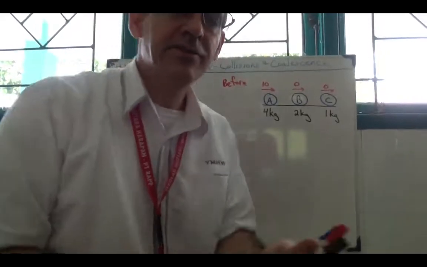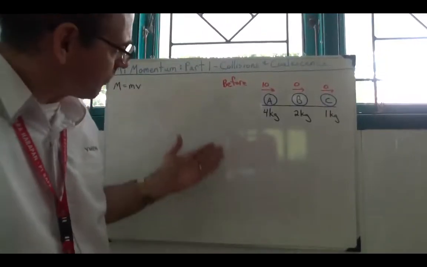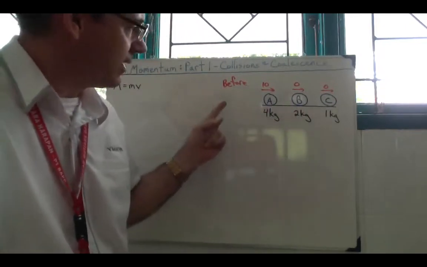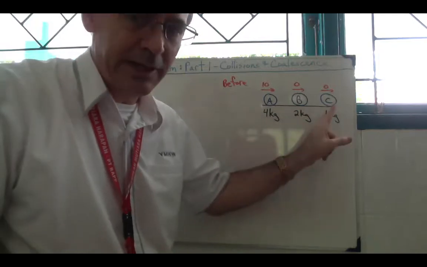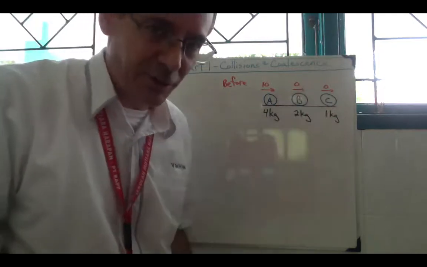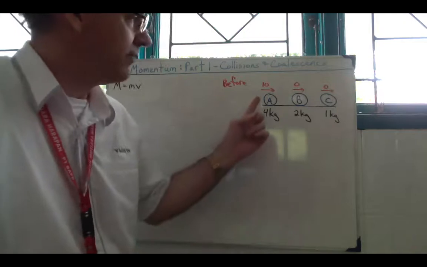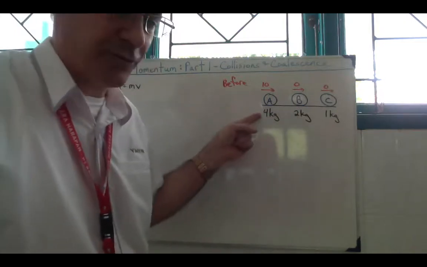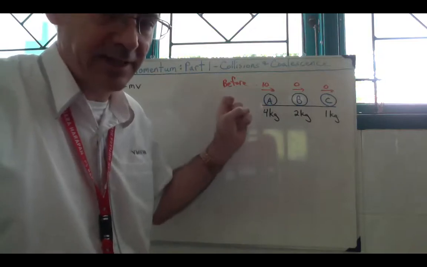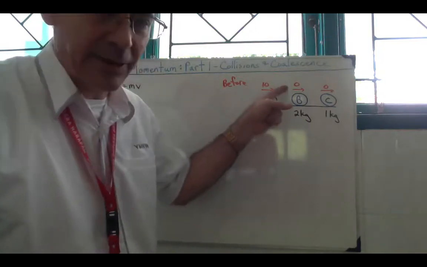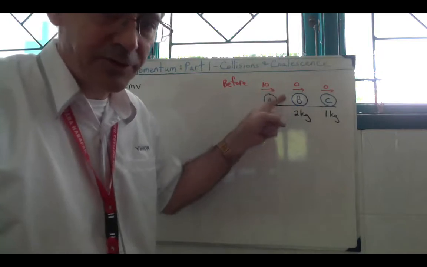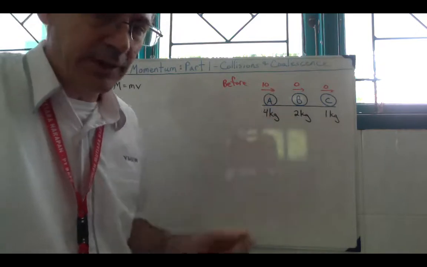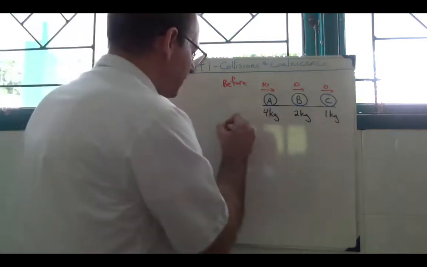So let's again start with our diagram. I have 3 objects because our question is going to continue. Right now we have object A and object B. Object A is 4 kilograms at 10 meters per second. Object B is at rest, 0 meters per second, and has a mass of 2 kilograms. These two collide, and then after